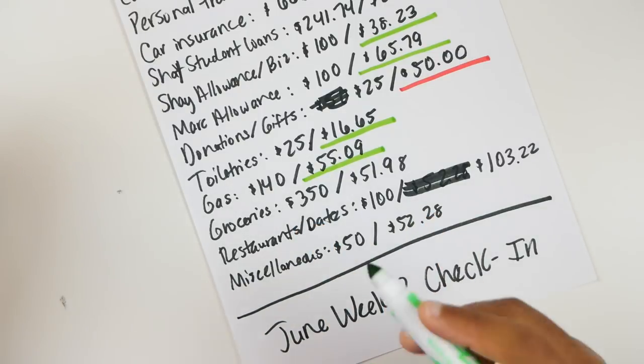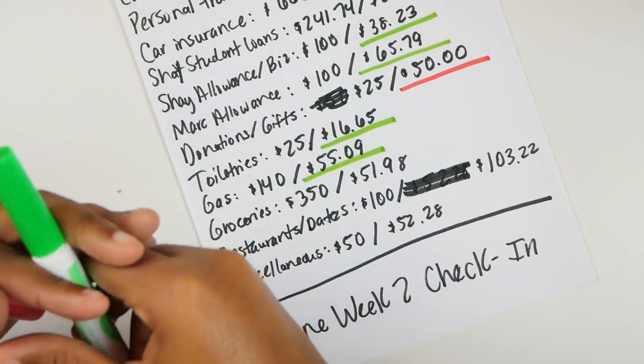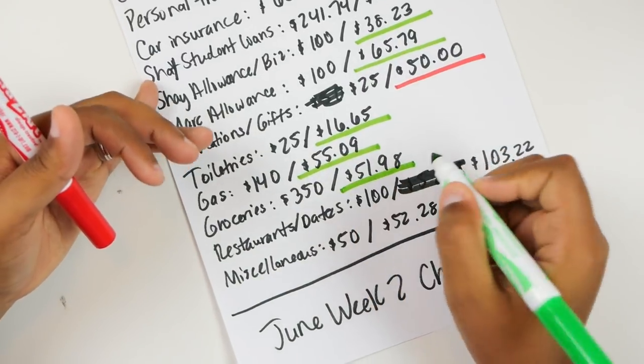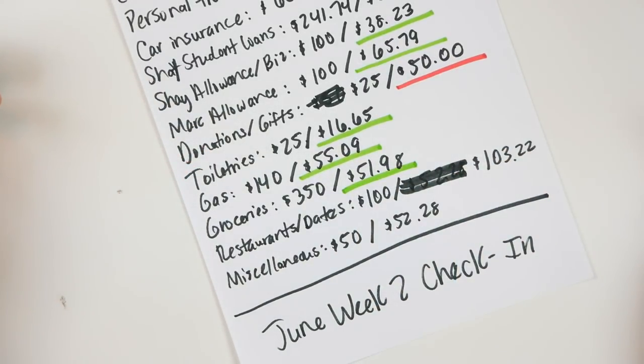Groceries, we budgeted $350 and we have spent $51.98, which is going to be pretty obvious when we get down to this one here. Restaurants and dates, we budgeted $100 and we have spent